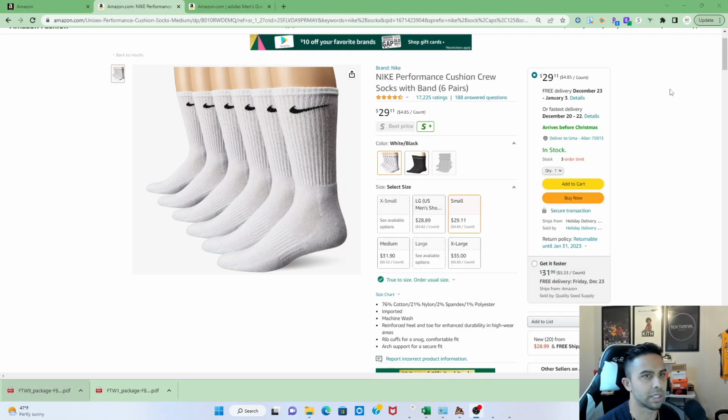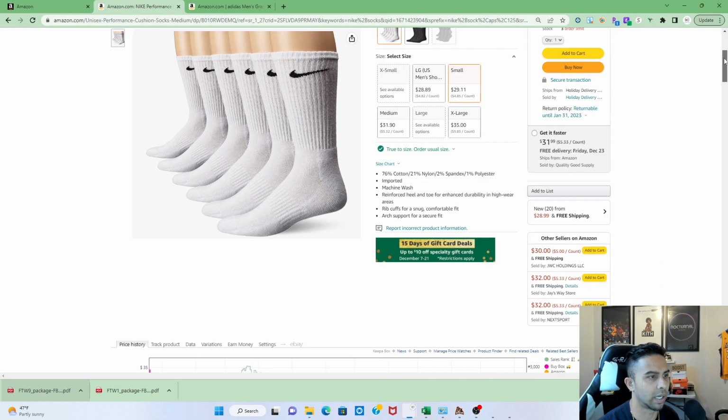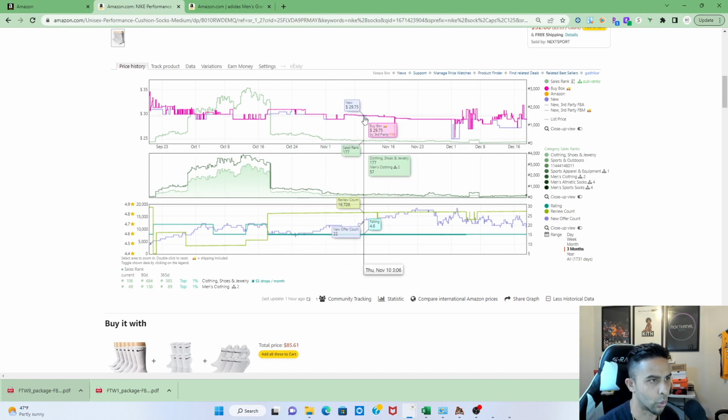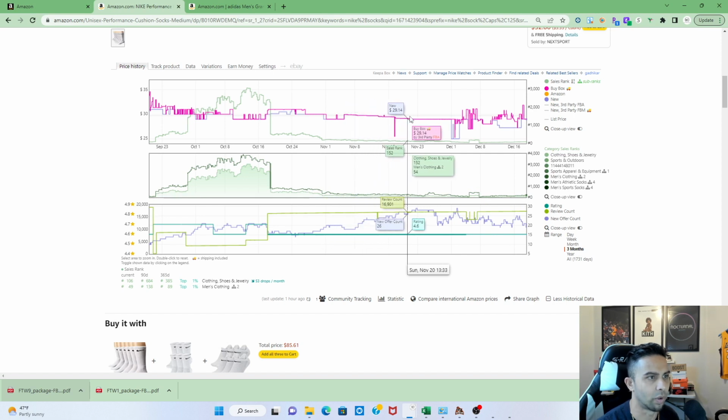Okay, so I'm back on this Nike sock listing, and if I scroll down to the Keepa chart, we can look at this and analyze it. The purple line here denotes the buy box, and we can see $29.70. Third party FBA, that's people like you and I, have won the buy box, and you see how it goes back and forth from FBM, FBA, FBM, FBA. Now, if we go to the data,